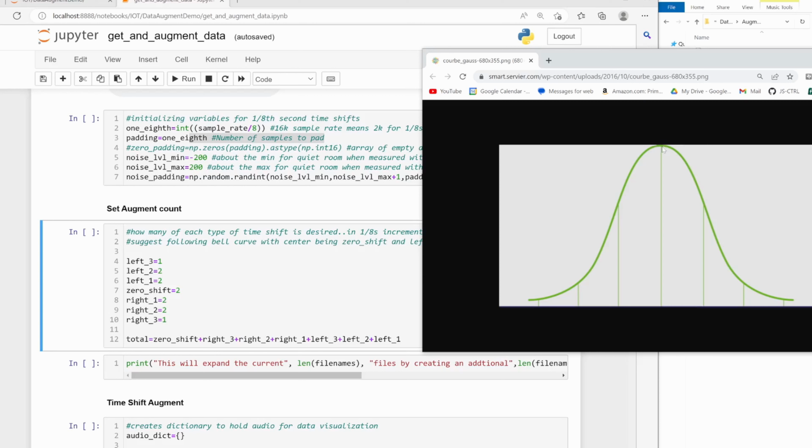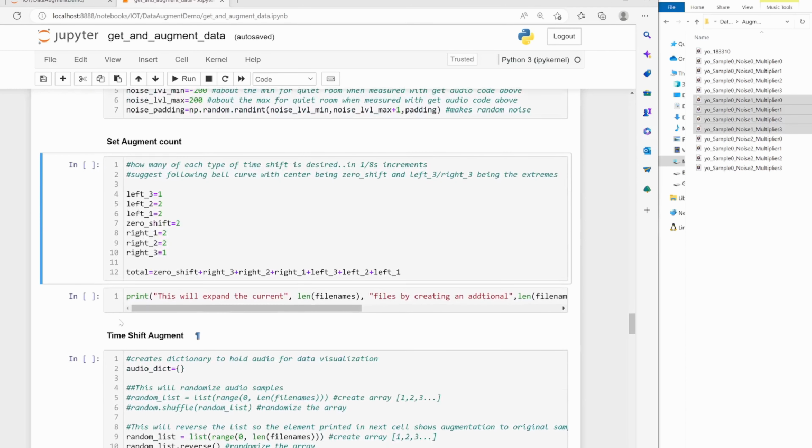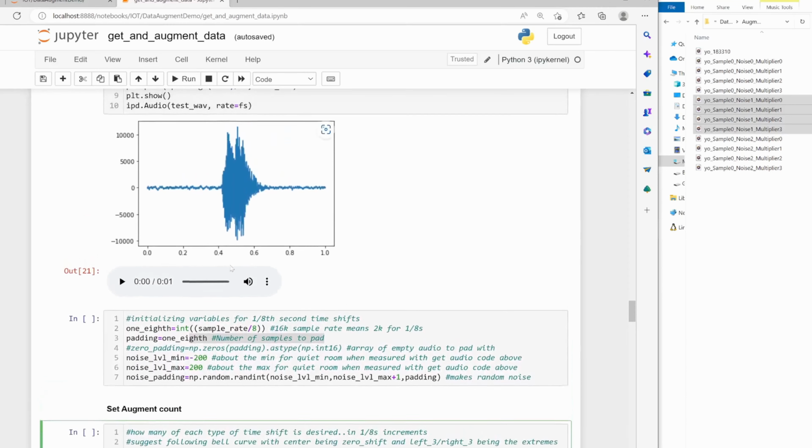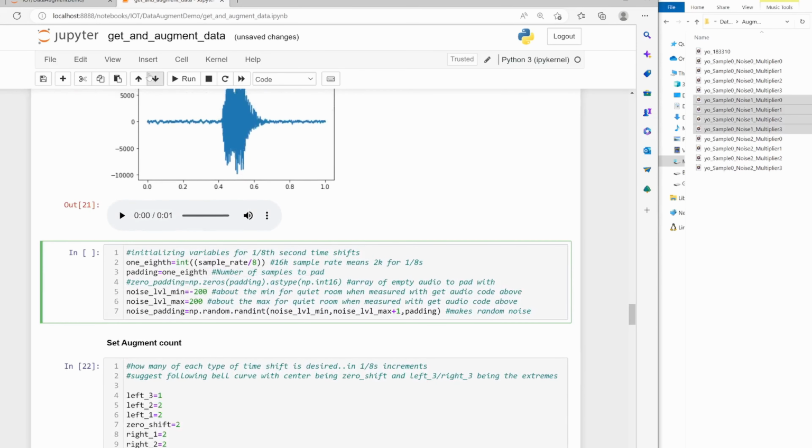So more than likely, you're going to want more 0 shifts, and as you get to the extremes, the count will go lower and lower. So here I have 2, 2, 2, 1, as you can see, and then when you run this file, it will tell you how many